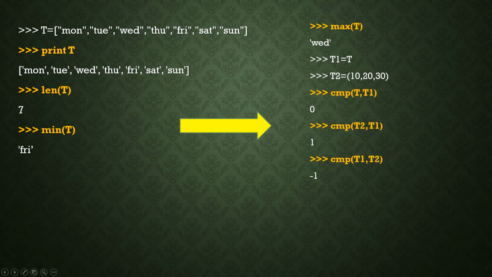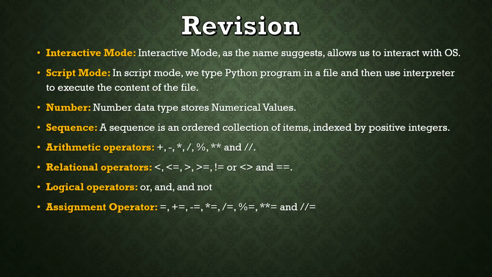In case T includes A and T1 includes B, then T, T1 means A is 97, B is 98. So what happens is it will display -1. The first number is subtracted by the second number, we have to subtract the second number from the first number. So -1 will be displayed. Okay, so see, the comparison operator is not much important. Next, move on to the next slide.